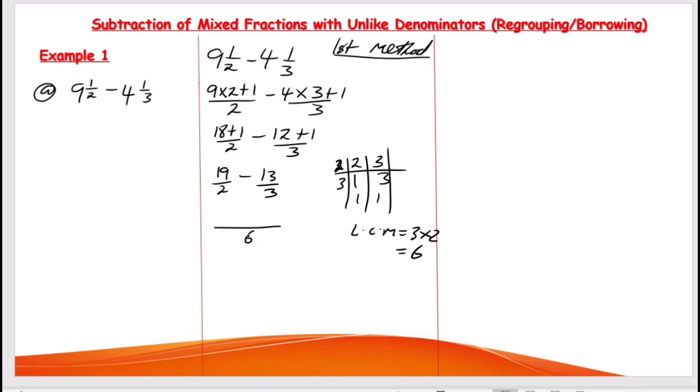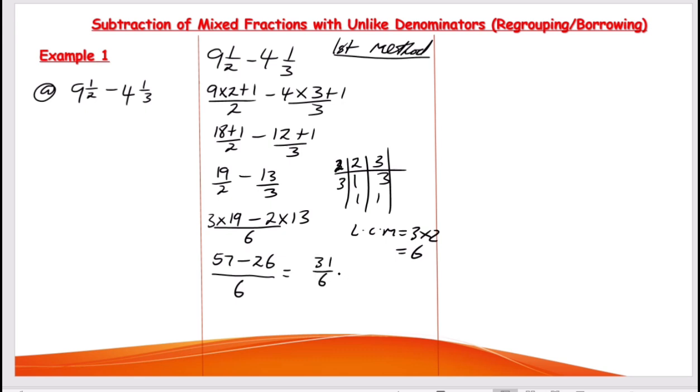Now that I've determined my LCM to be 6, I'm going to divide the LCM by the denominators given to us. 2 can go in 6 how many times? 3 times. So we have 3 times 19, minus 3 can go in 6 how many times? 2. So we have 2 times 13. Now 3 times 19 gives me 57, minus 2 times 13, that gives me 26, divided by the lowest common multiple 6. So we proceed. 57 minus 26 gives me 31